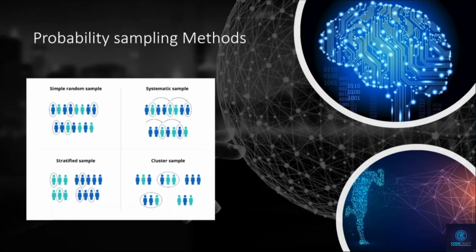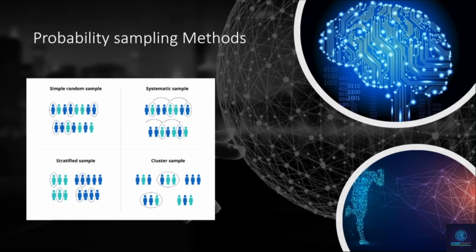The last type of sample in the probability sampling method would be the cluster sampling. Basically, this method involves dividing the population into subgroups, and each subgroup would have similar characteristics to the whole sample. In other words, instead of sampling individuals from each subgroup, you randomly select entire subgroups. So basically, what does this mean? It means you will work with